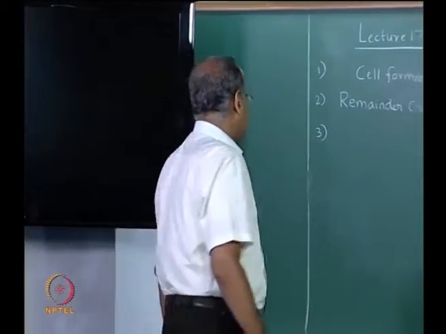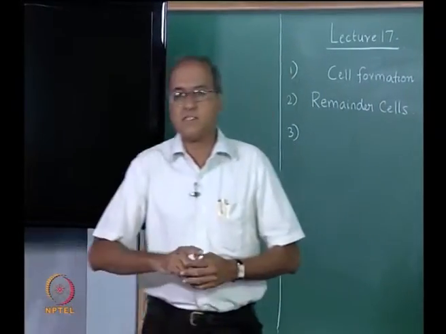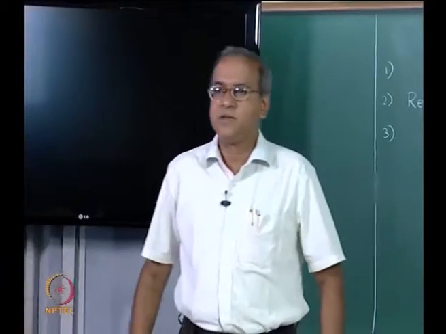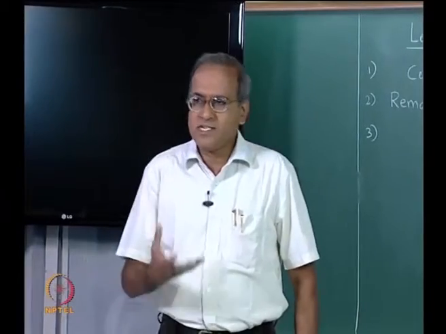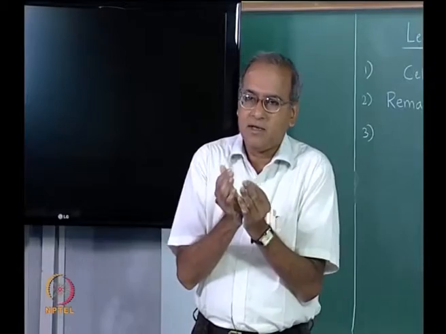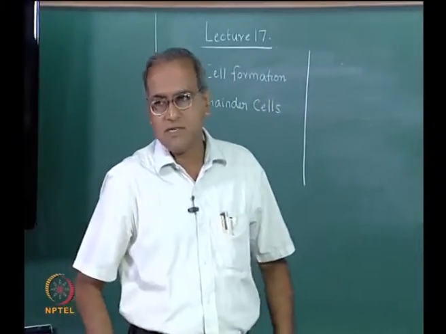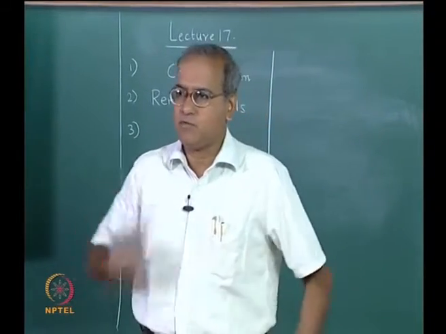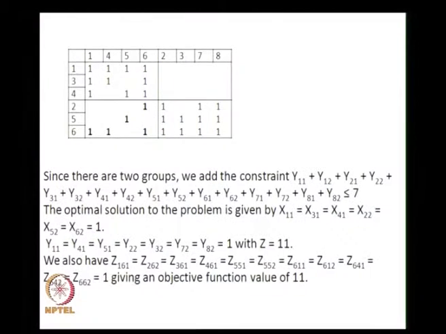So, one solution is machine duplication, another solution is to revisit and recreate cells, and the third is to allow intercell moves. Now, once we start allowing intercell moves, we lose control. The primary reason for implementing cellular manufacturing is lost when we allow too many intercell moves. So what we do here is, for example, take this as an illustrative solution, even without